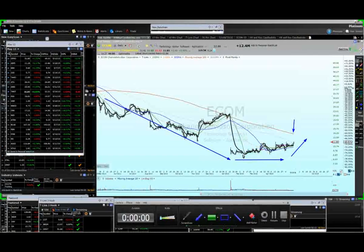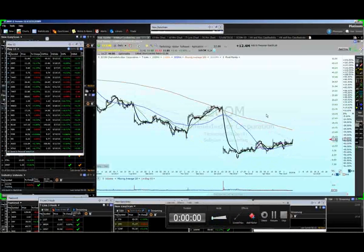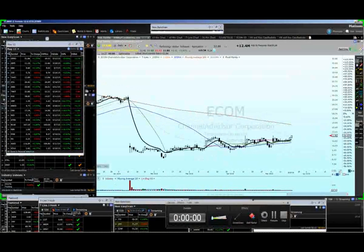Not all the scans, but the majority of the scans that I have, finding the early onset of the rounded bottom breakout, the moving averages are set up that way where everything is below the 50. When we have a breakout of the 50 is when it becomes a rounded bottom breakout. And once it breaks out of the 50-day simple moving average, there's all sorts of other chart patterns we might look at, and I'll point them out on the charts. We're simply looking for the trade to go from that 50-day simple moving average area up to the 200-day simple